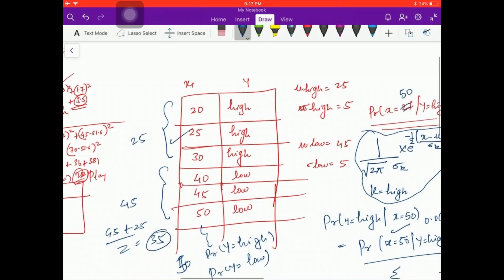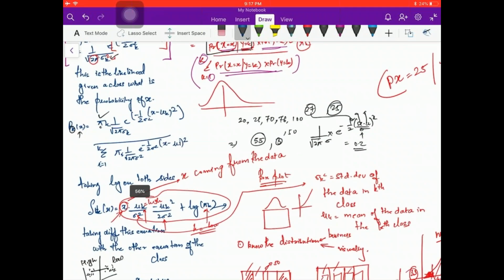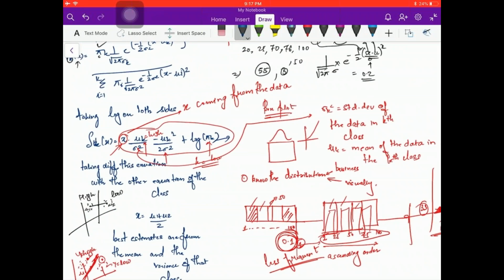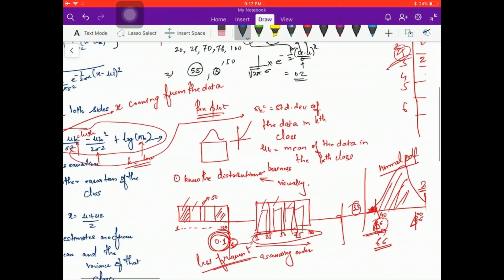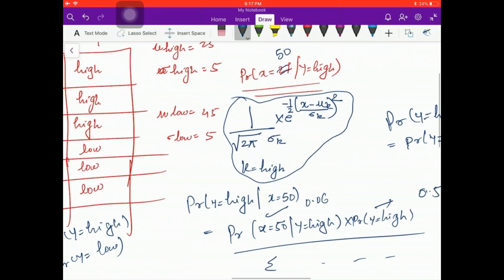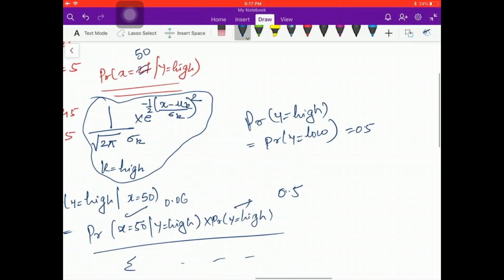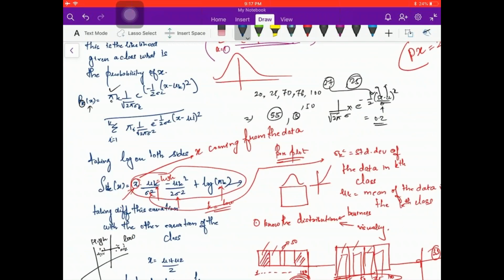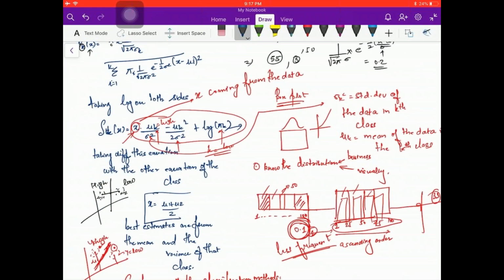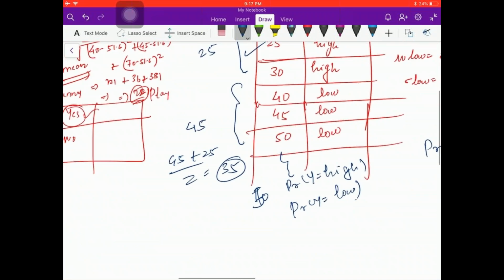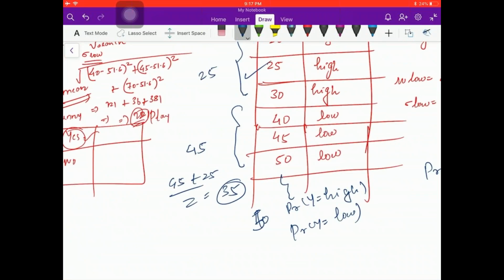Do you get this? So what was the decision boundary, like we were speaking, right? That time you were asking what is this line. So this line is equal to x equal to 35 right now, because your pi k is equal to 0.5 for both cases. Probability y equal to high equal to probability of y equal to low, so this was equal to 0.5. Now this got cancelled out and this condition came up. So what is x? X is equal to 25 plus 45 divided by 2. So x equal to 35 is your decision boundary. So whatever falls below 35 is high, whatever falls above 35 is low.